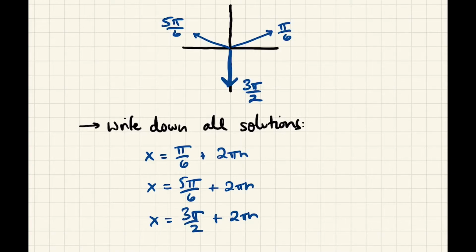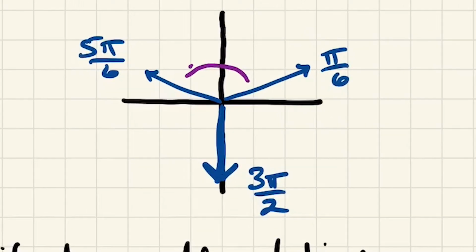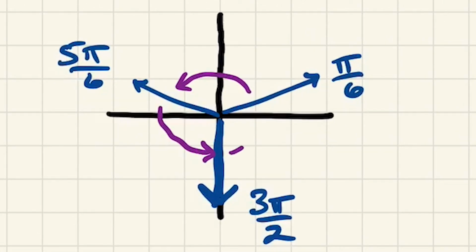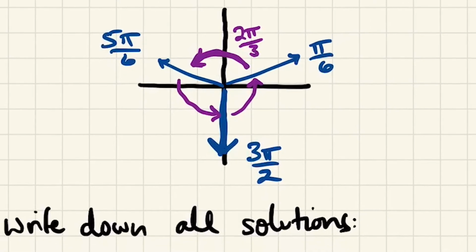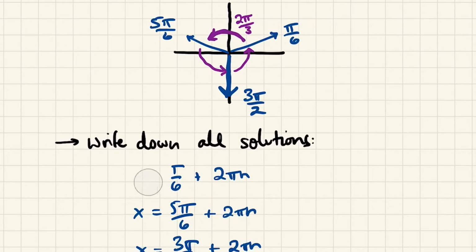However, let's note that these three angles happen to all be perfectly evenly spaced. That is a gap here of 2 pi over 3. Okay, 120 degrees,